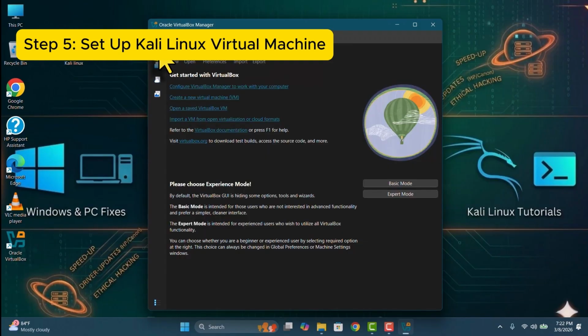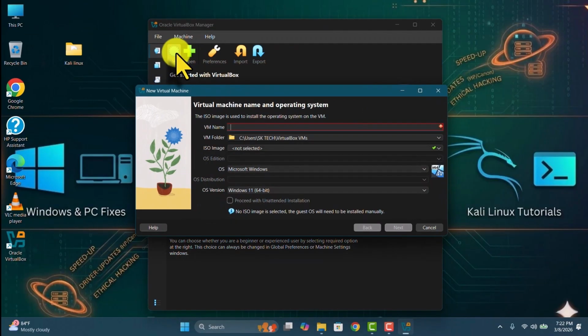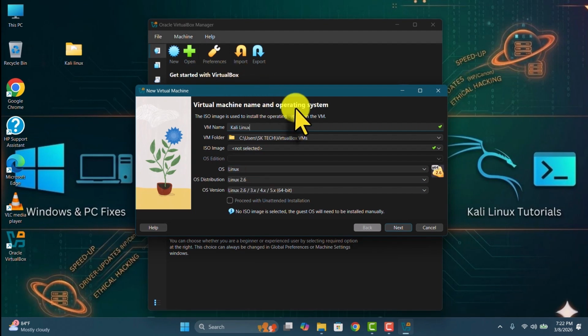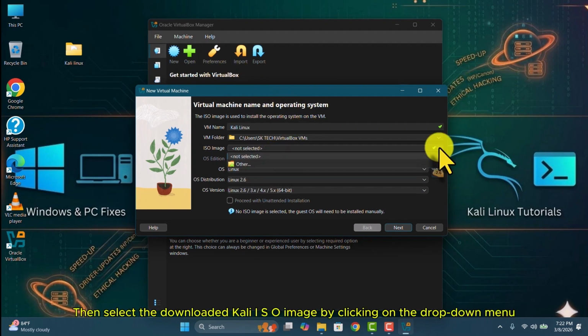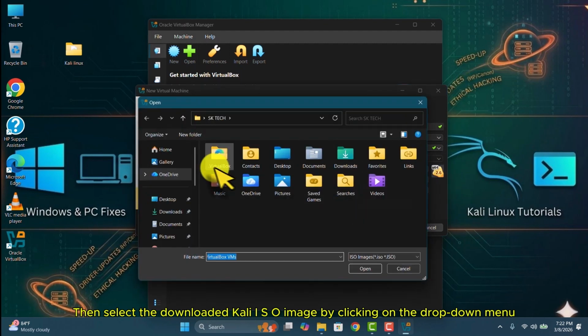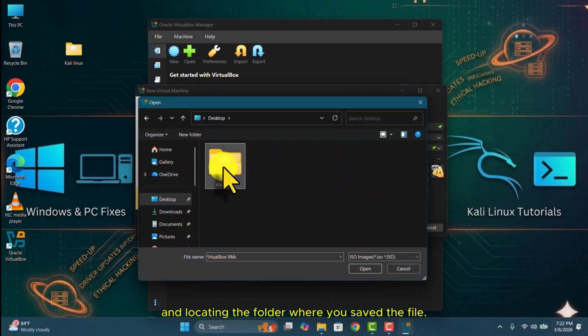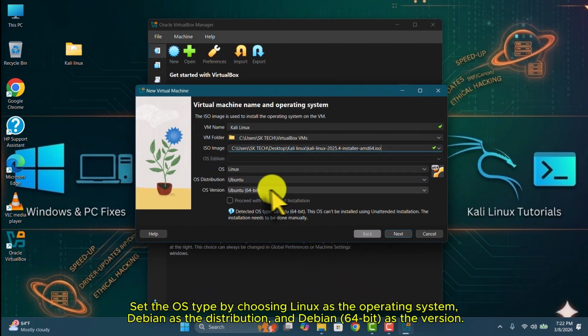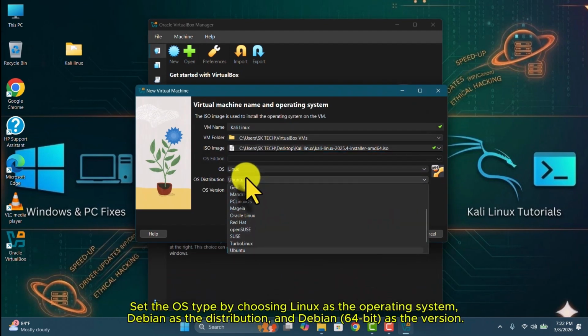Step 5. Set up Kali Linux virtual machine. Click on New and enter a name for your virtual machine, for example, Kali. Then select the downloaded Kali ISO image by clicking on the drop-down menu and locating the folder where you saved the file. Set the OS type by choosing Linux as the operating system, Debian as the distribution, and Debian 64-bit